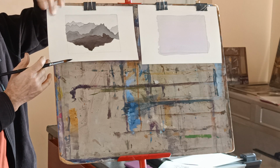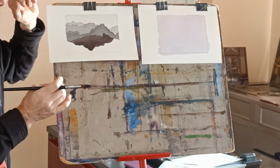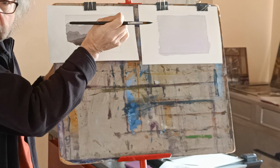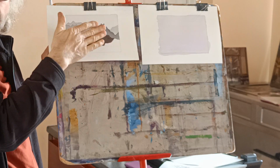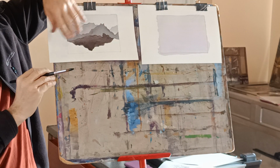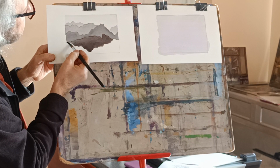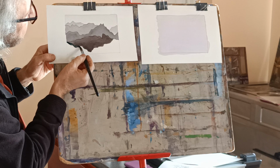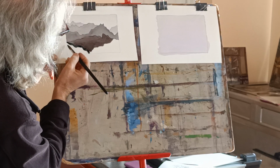You're not mixing white paint in with the colours. You're just using the white of the paper showing through. And it may be that there's a few highlights that you're dotting with white paint at the end. But the idea is to get this nice transparent glowing quality. And the paper you'll find is whiter than any paint that's made. So I can then just go back over this bit here, and hopefully that is slightly darker than the colour